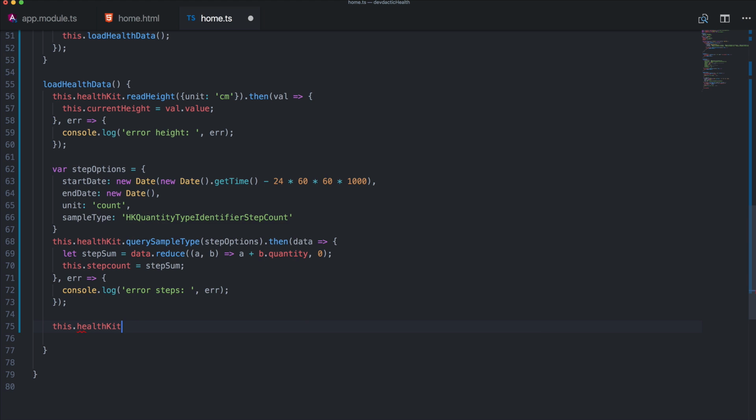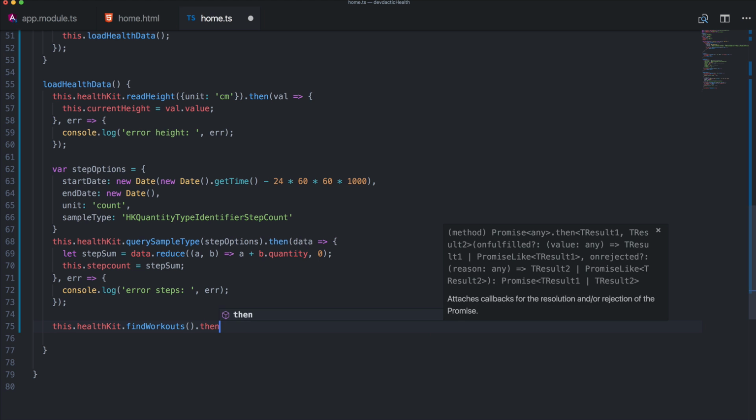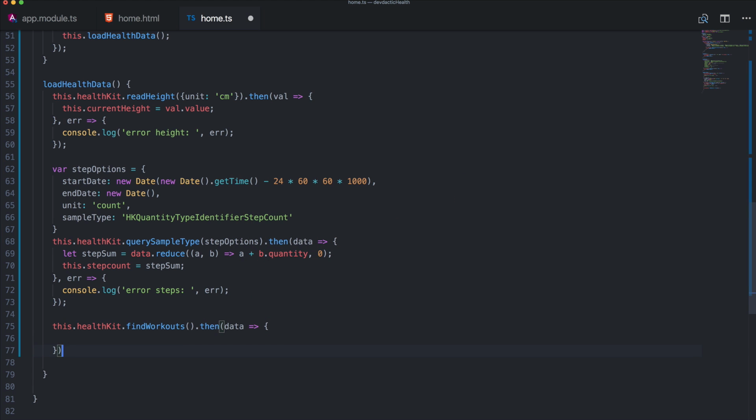Finally, workouts is actually, again, a function, and we will get back all the workout data from our HealthKit app. So again, this is some kind of array, and we set it to our workouts. Now, I'm not completely sure why, but for some reason I got the result of find workouts inside the arrow block. This is somehow confusing, and I'm really not sure why this happens, but setting our workouts array to this array